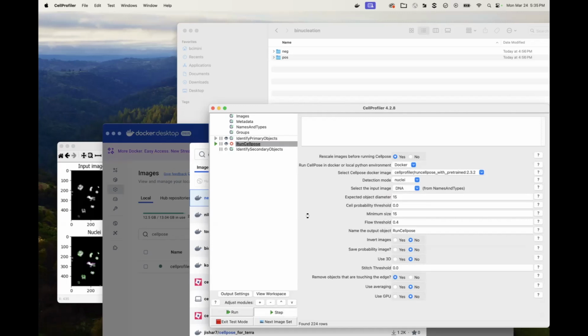So CellPose is really good at figuring out when stuff is clumped, how to actually split it apart. And so often when we are doing multinucleation workflows these days, and by these days I mean in the past 5 years since CellPose was first proposed, we don't try to do things with classical CellProfiler anymore, but we actually leverage these deep learning modules, because the fact that they're a little harder to install and a little bit harder to predict when they will fail is outweighed by the fact that they just work better at these tasks.